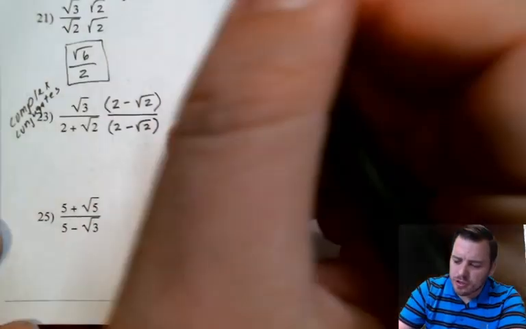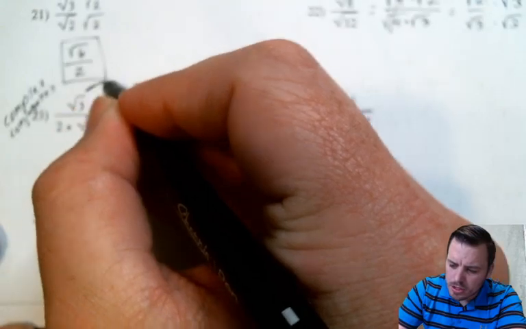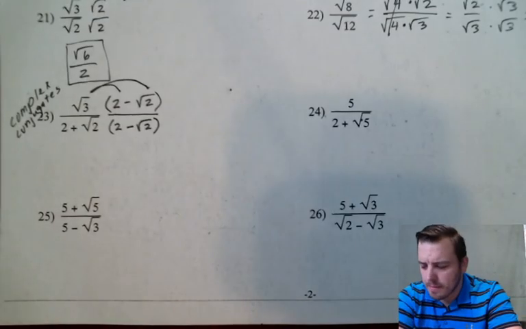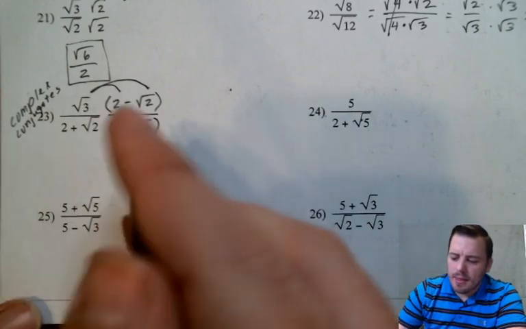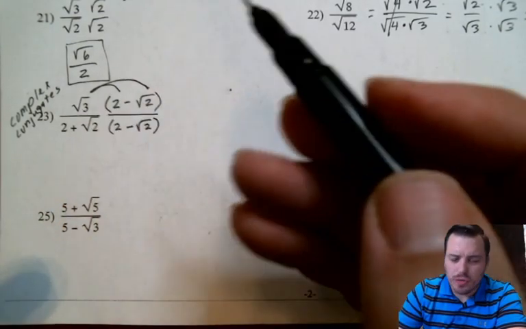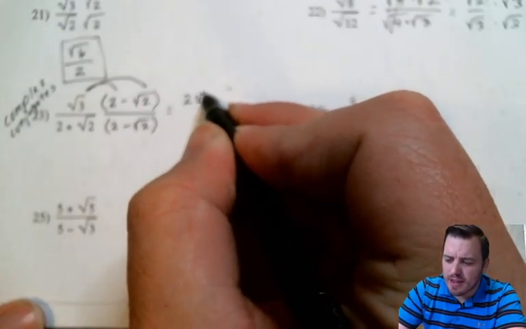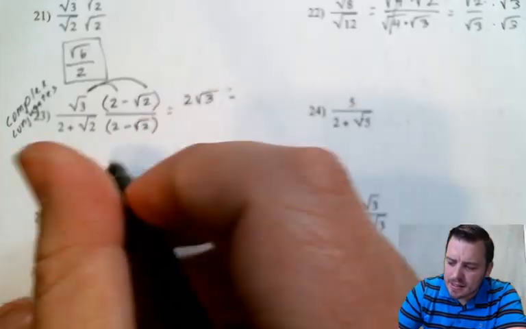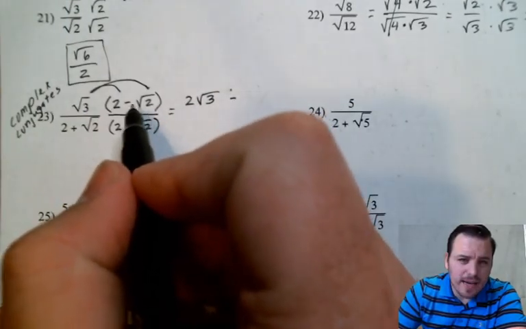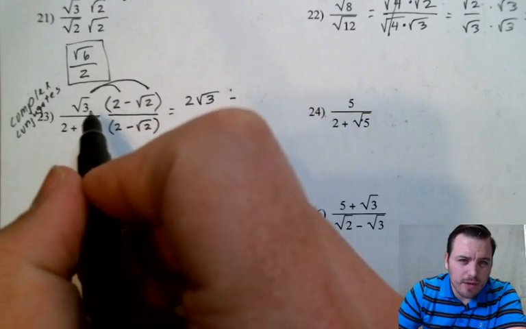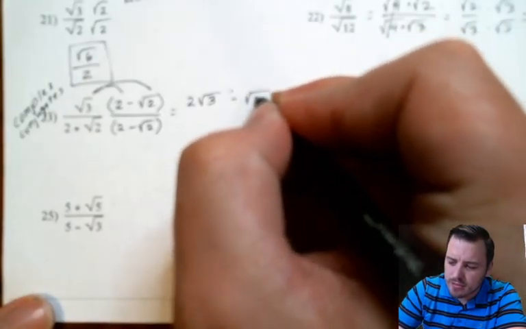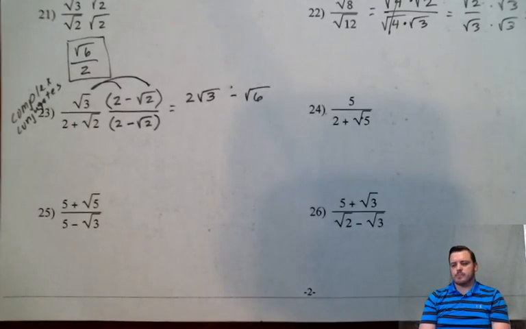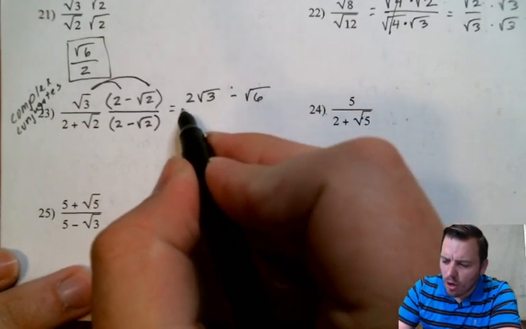All right, so then we distribute. That would be radical 3 times 2 is just 2 radical 3. You can't simplify that anyway. It's just 2 radical 3. And then minus radical 3 times negative radical 2 would be minus, of course, and then radical 3 times radical 2 is radical 6. You multiply the inside. That's all over